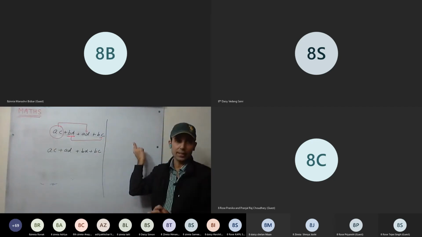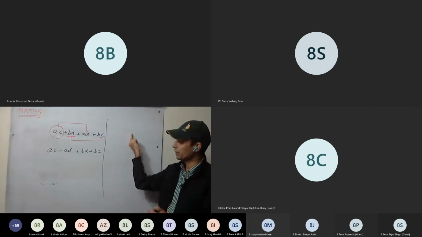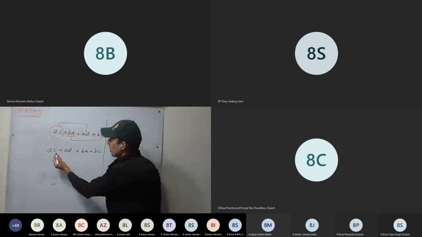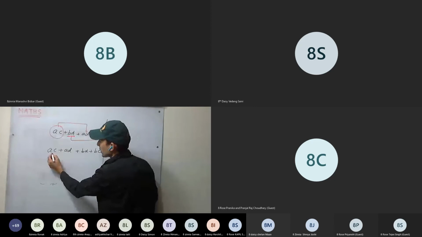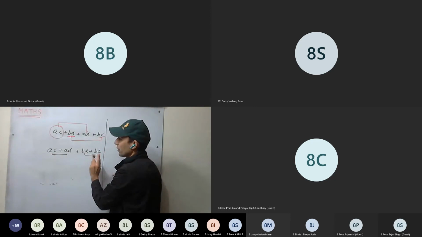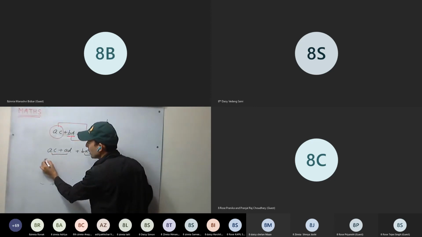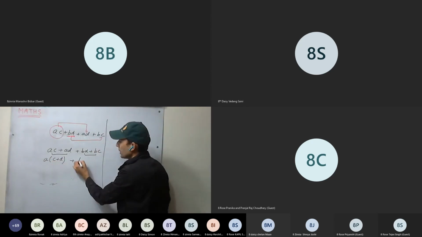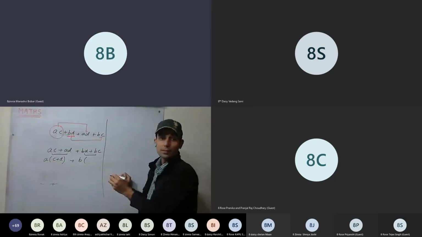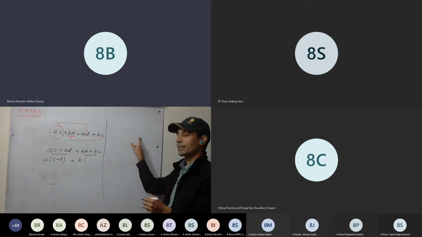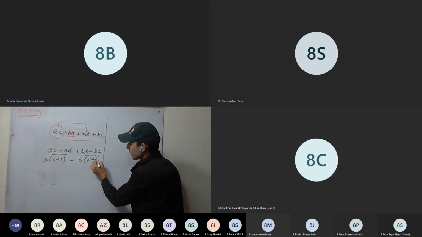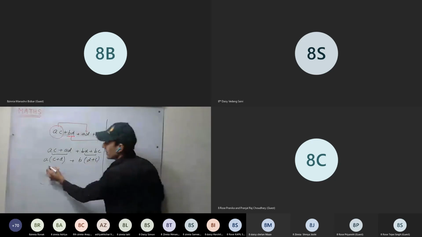There's another way also to rearrange. Okay, we'll see it here. Now we have rearranged. Now between the first two, they are having common. So what common will we take out? A is the common factor: A(C + D). Here, D is also common. Yes, we'll see here. Just wait for a minute. It is D + C, or we can write C + D.